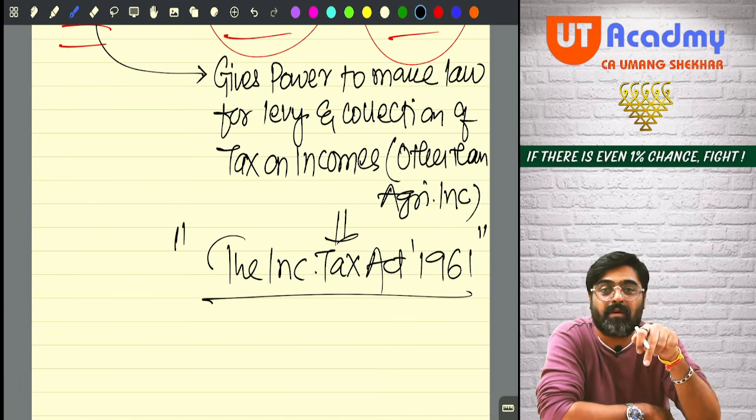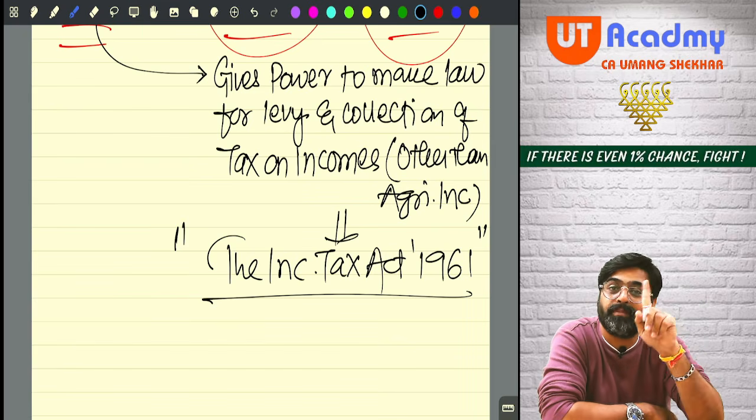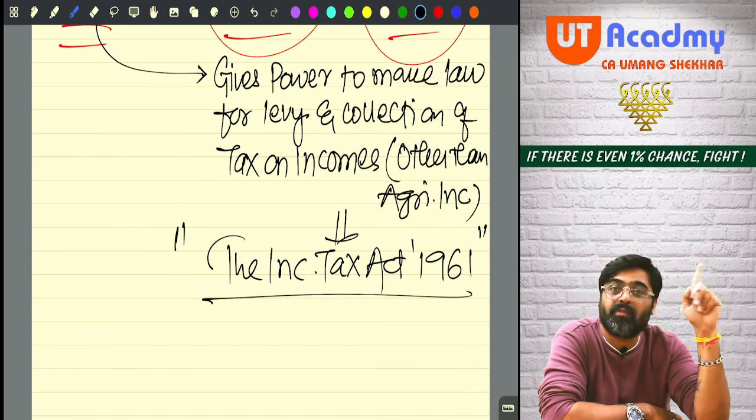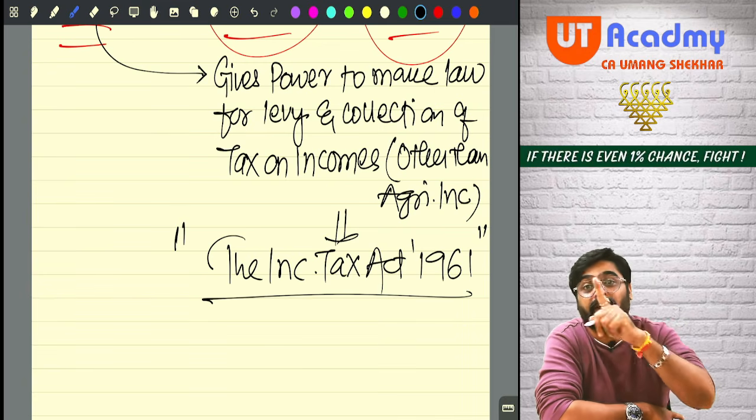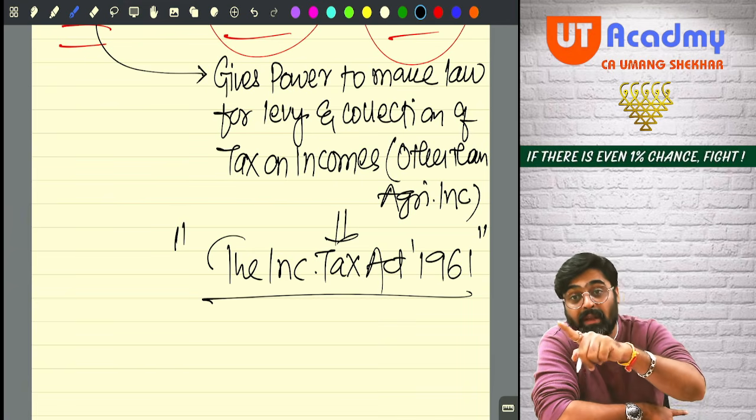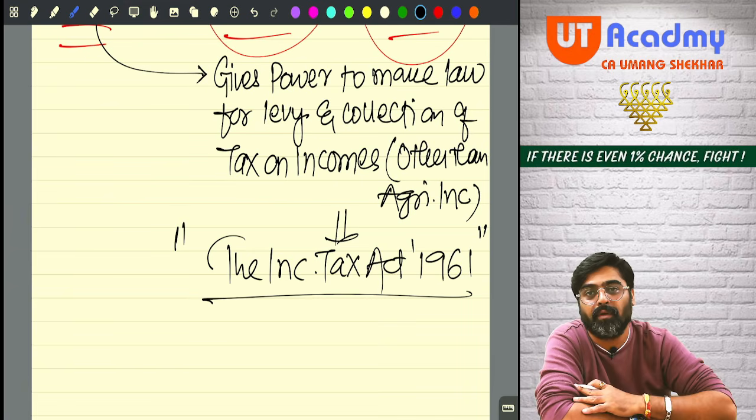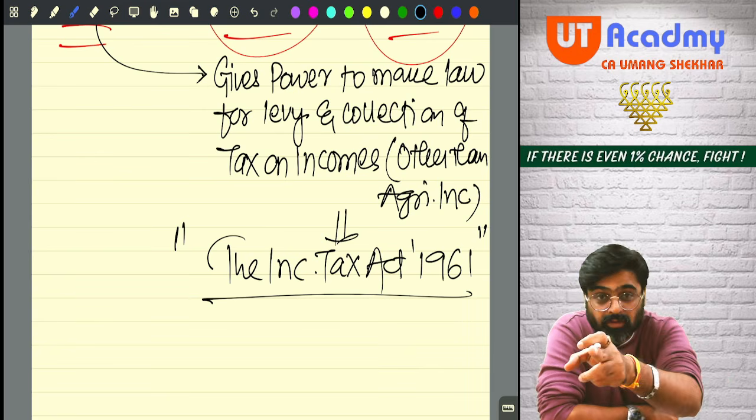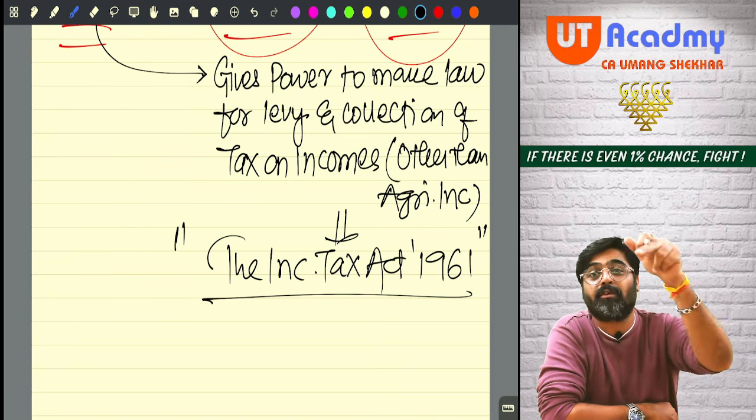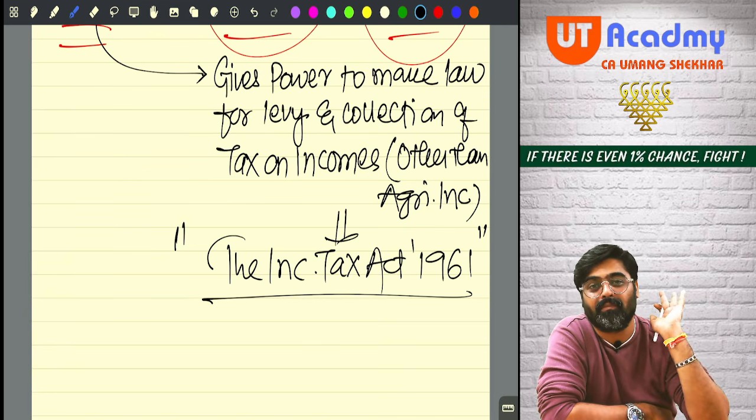This law gives the power to the central government. See, who has made the law? Parliament, for the entire territory of India. Now, getting the people to follow this law becomes the responsibility of the central government. Now, the central government will implement this law in India. So, the central government will get the power through this law to charge tax on your income and collect that